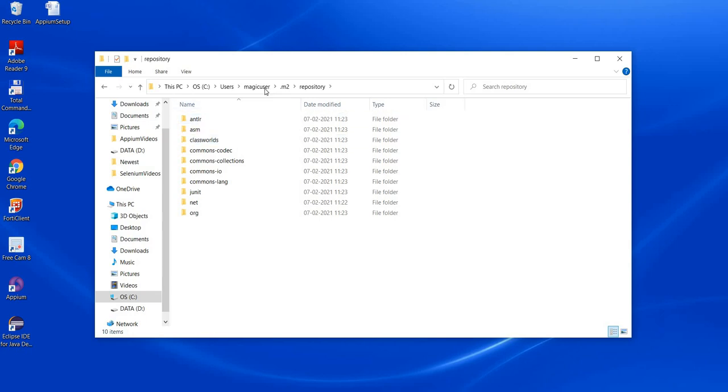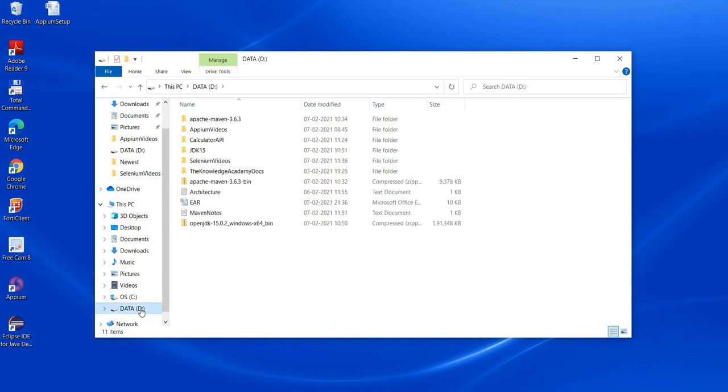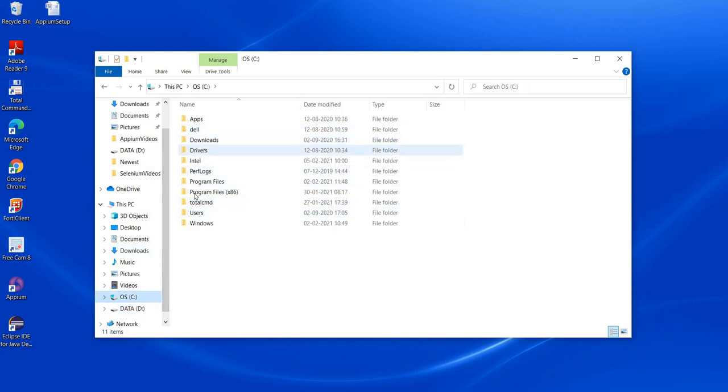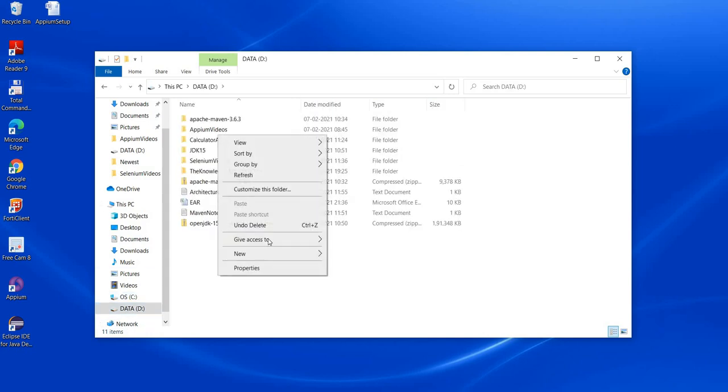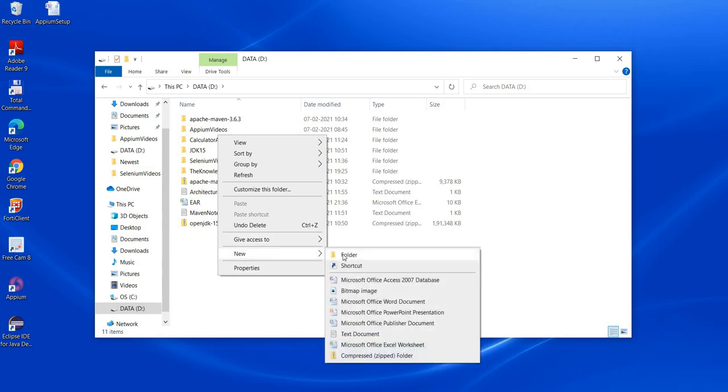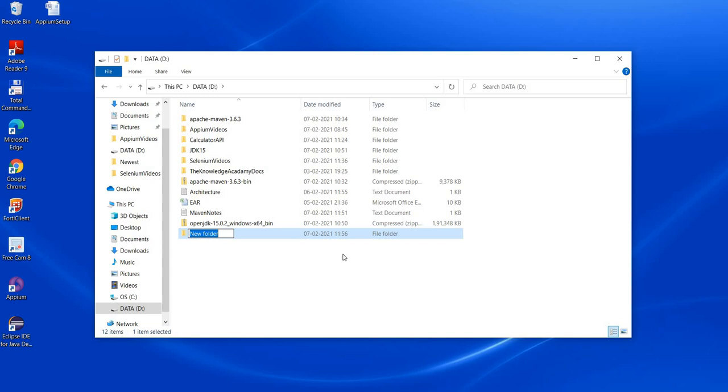And usually we don't have the administrative privileges if we are using some client environment or our office machines. So what we can do is ask Maven to change the location of this repository. Instead of creating here, we can ask it to create at some different location where there won't be any demand for administrative privileges and we will not have any permission issues, right? So I'll change the location of this repository from this C users. I'll create one blank directory here, and we will ask Maven to keep this directory as the local repository.